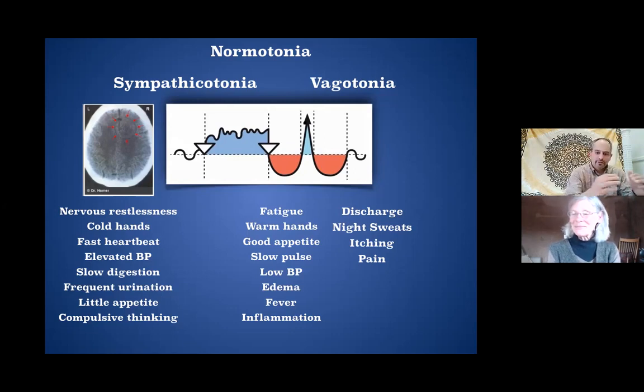There's these two sets of symptoms here. You see this on the left column. These are sets of symptoms that indicate to us in reflection, as we reflect on the present situation, that we're in conflict activity, right? So it guides us, it directs us, and this is the compass. That's what a compass does. It directs you in the right direction. It gives you a way of knowing which direction to go. And so this first set of symptoms, the cold hands, the slow digestion, the compulsive thinking, directs us towards resolution,